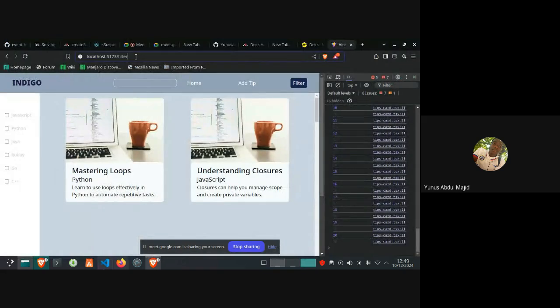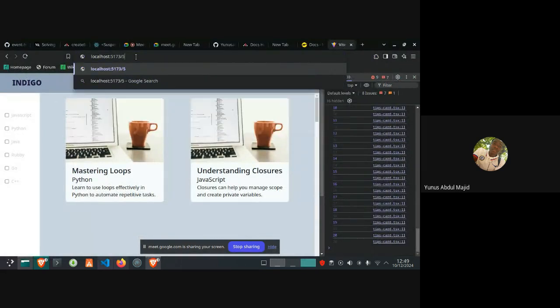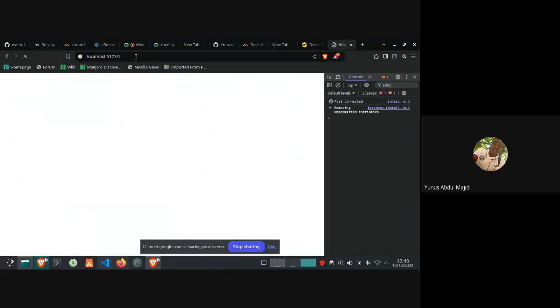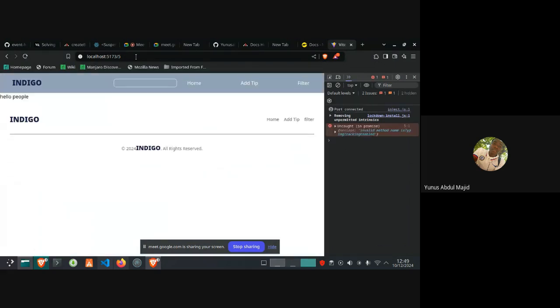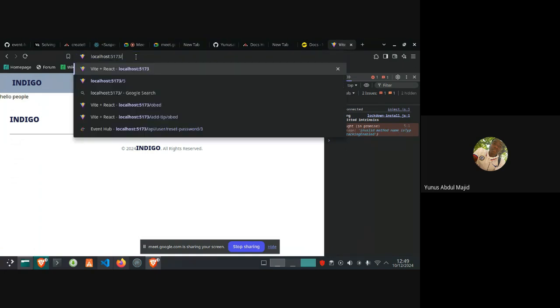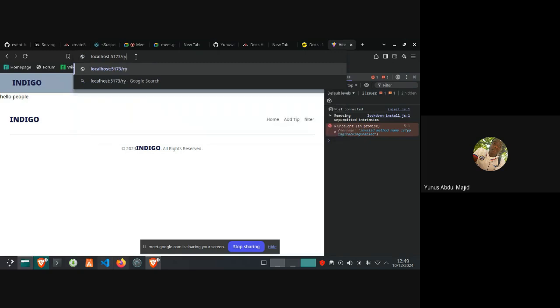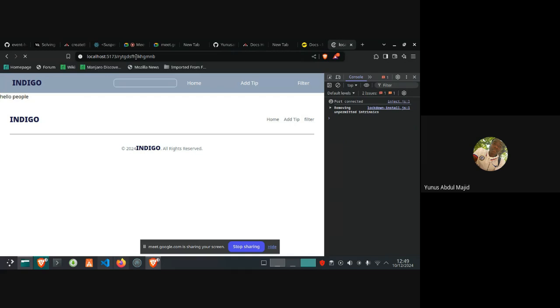So where we are here, let's check it out. You see, it showed the component. So I can put any value. Basically what this does is that before showing this particular dynamic route, it can be anything. I can specifically write anything and it will still show the same thing. But we want to make it dynamic whereby it will be the same file, the same component, but it will show different content.